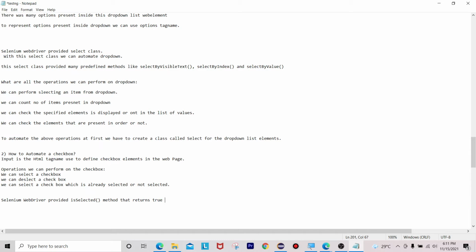That returns true if the checkbox is already selected, otherwise it returns false.